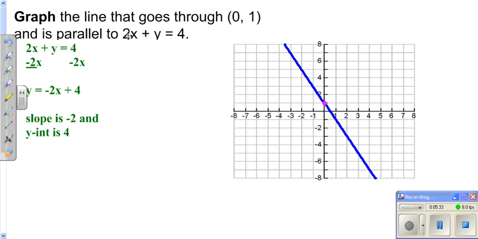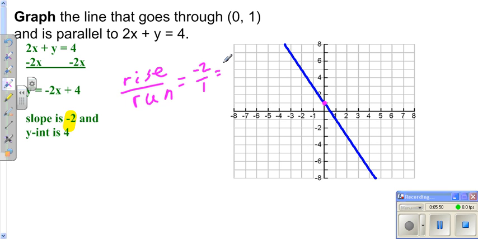But that's the y-intercept of the line that we want to be parallel to. So we're really only concerned about our slope being a negative 2. Well, with your slope being negative 2, you know it's rise over run, and that's a negative 2 over 1. Or you could write that as a 2 over a negative 1. Doesn't make a difference. So if you use the first idea, you could go down 2 to the right 1,